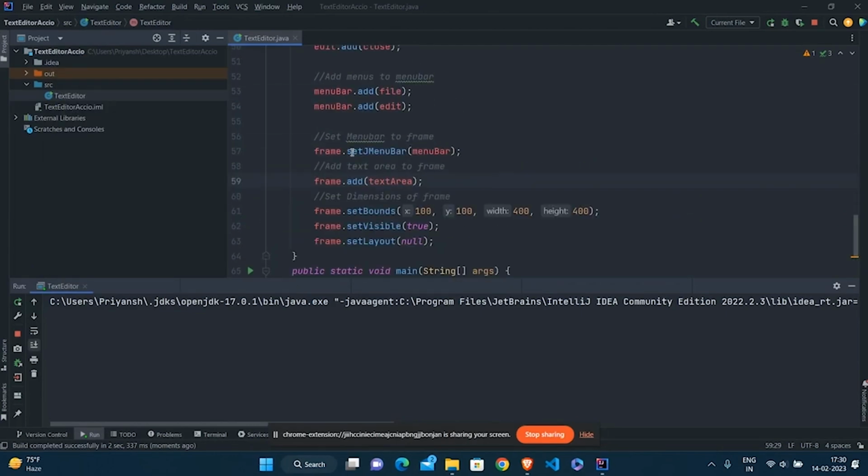Now you may be wondering why we used setJMenuBar for the menu bar and the add function for the text area. There is a dedicated function especially for the menu bar, so we use setJMenuBar for it. For other components we just use the add method.